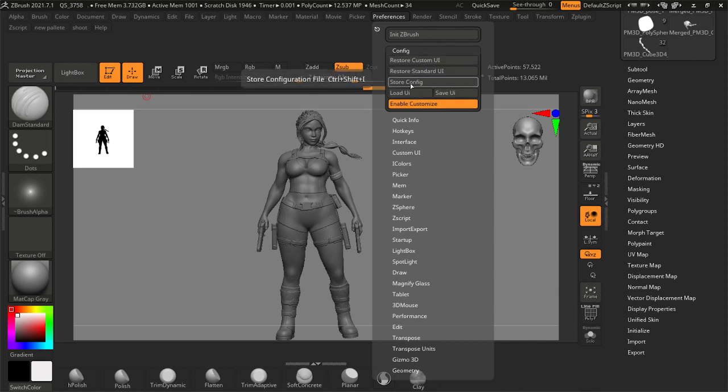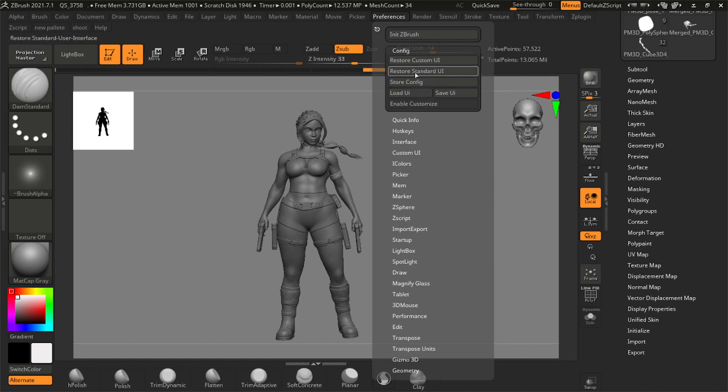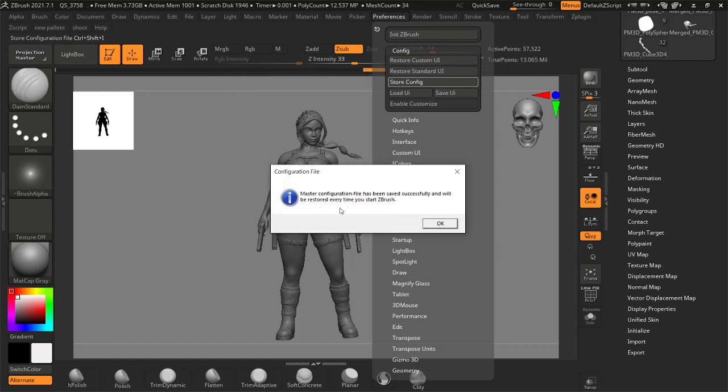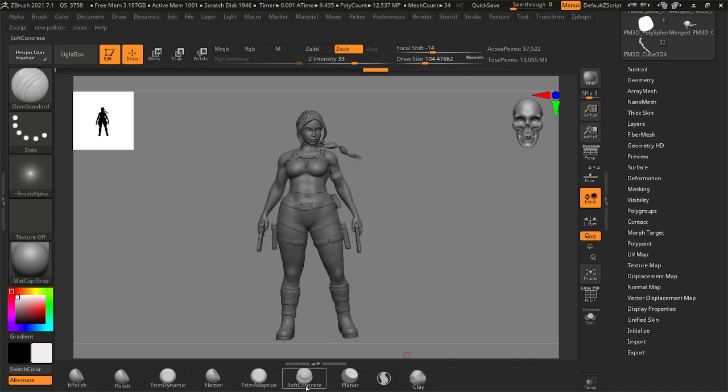Okay, once you do store config, it will save the settings and just disable customize. Okay, so to go back to the previous interface and store config. Okay, once it will have a dialog box and you have to just click OK and it will be done. So this is how you can make your own palette, and you can add brushes here like in the same